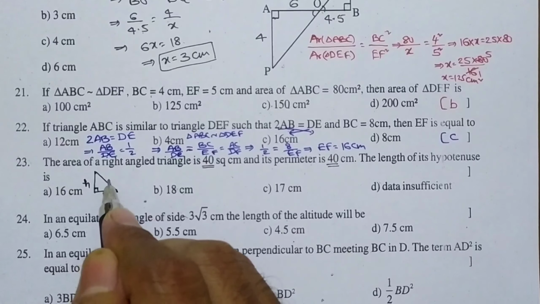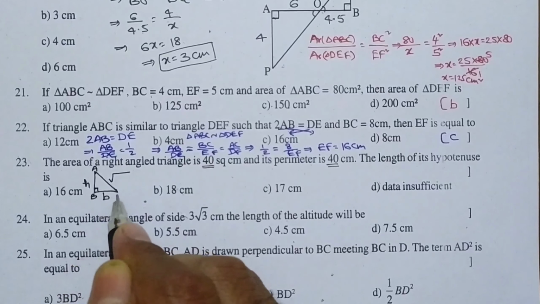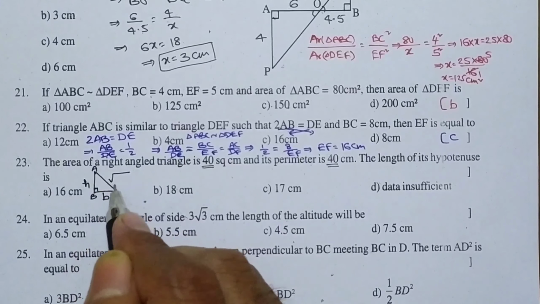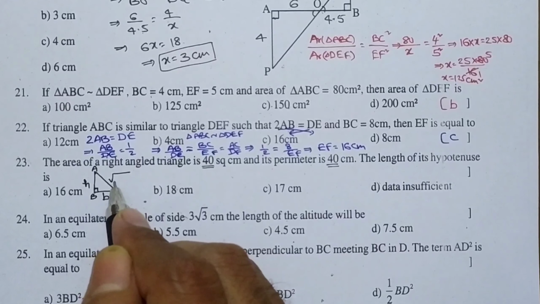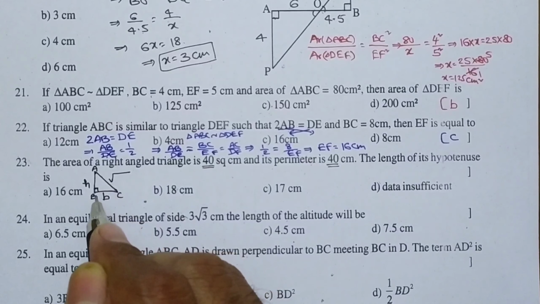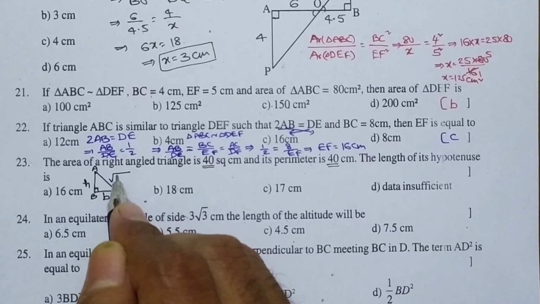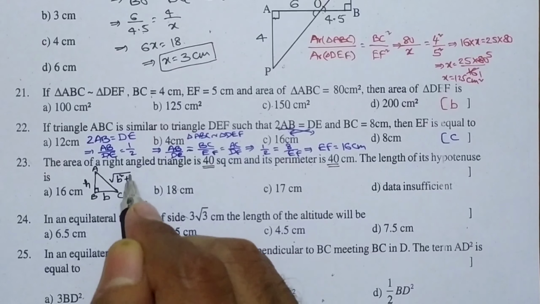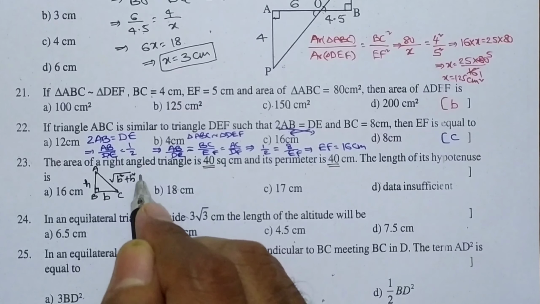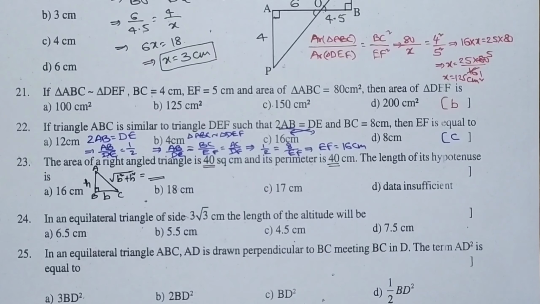Now the hypotenuse will be under root. Let us consider this triangle as ABC, right angle at B. So here for finding AC, that is under root AB square plus BC square by Pythagoras theorem, or we can say in other words under root B square plus H square. So here we should find under root B square plus H square. This is what is to be found now. This is what we have to find, under root B square plus H square.